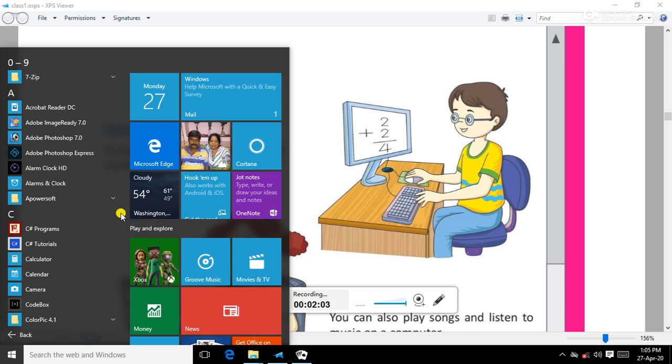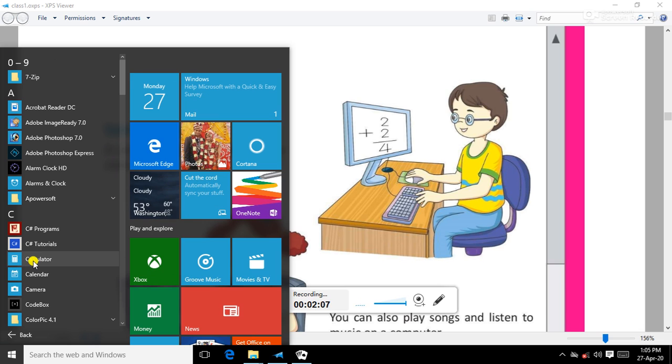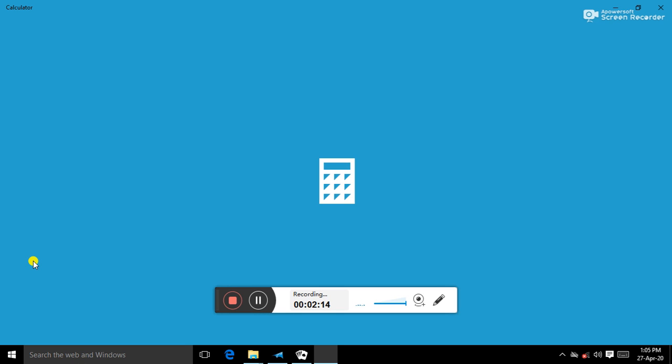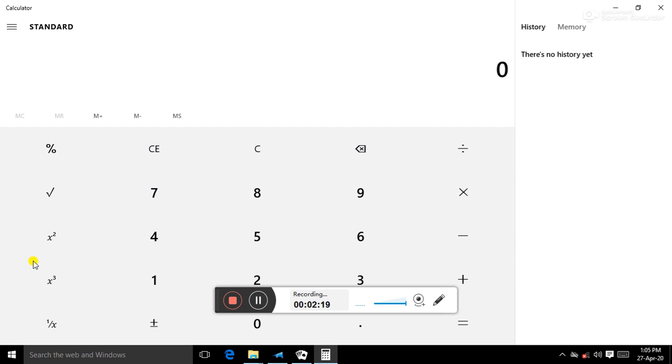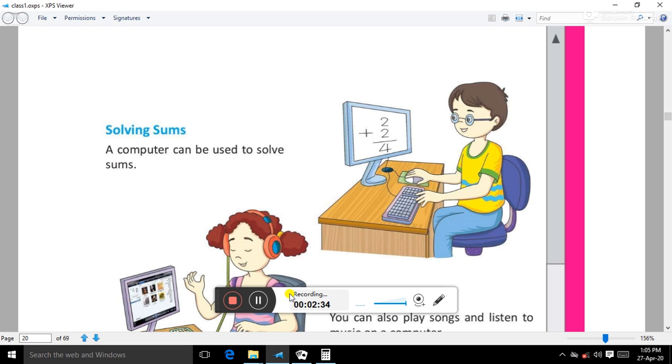I'm just clicking over calculator. These are the options. Here is the sign of multiplication, subtraction, addition. So you can use the calculator in a computer system as well.